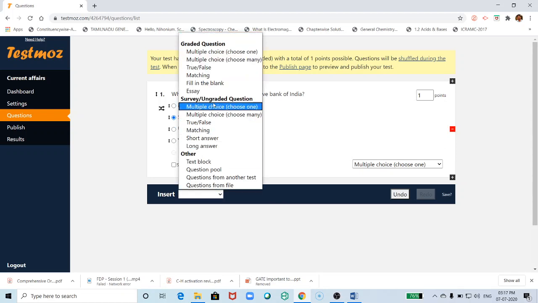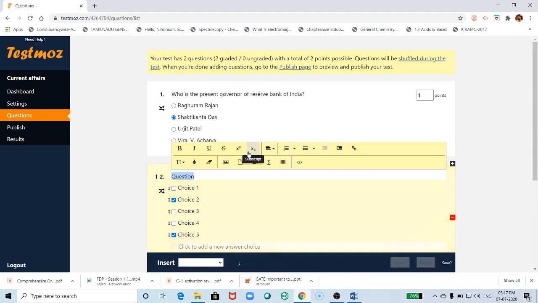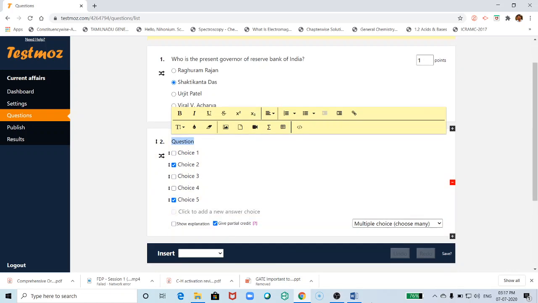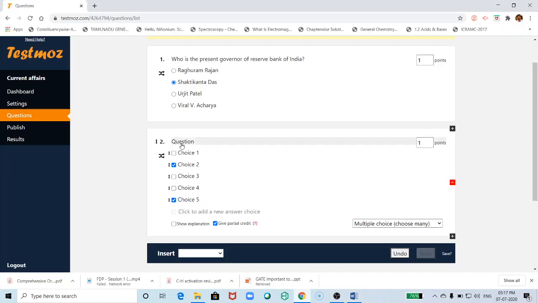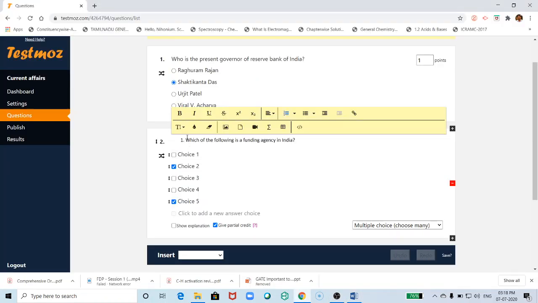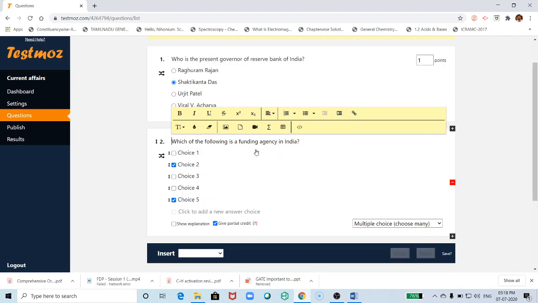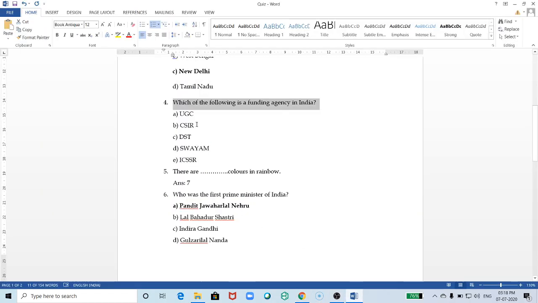Go to insert, and I'm going to add the multiple select question, multiple choice with more than one correct answer. Select this. I'm going to type this question: which of the following is a funding agency in India?